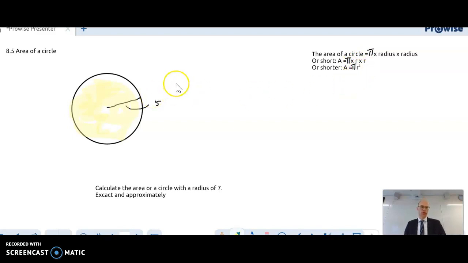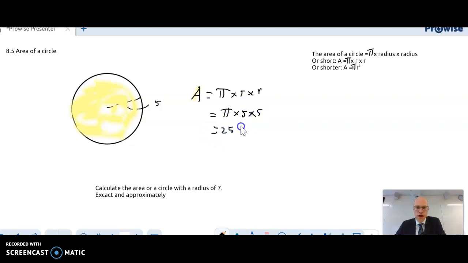If I want to calculate the area of a circle and the radius is 5, then the area, I need a normal pen of course, the area is pi times radius squared, is equal to pi times 5 times 5, is equal to 25 pi. That is the exact number, and that is approximately, and then I need my calculator as well, 25 times pi